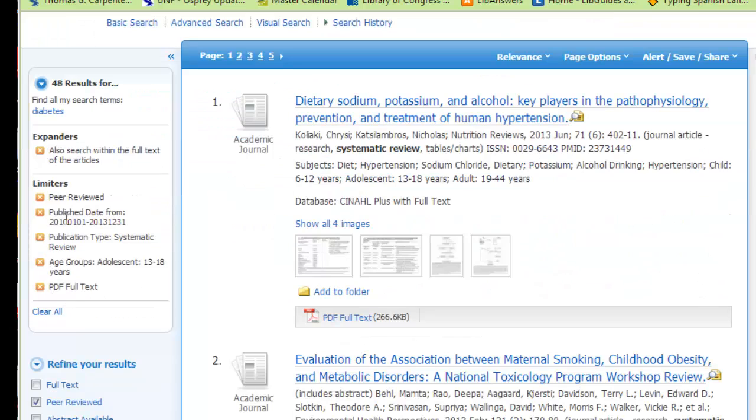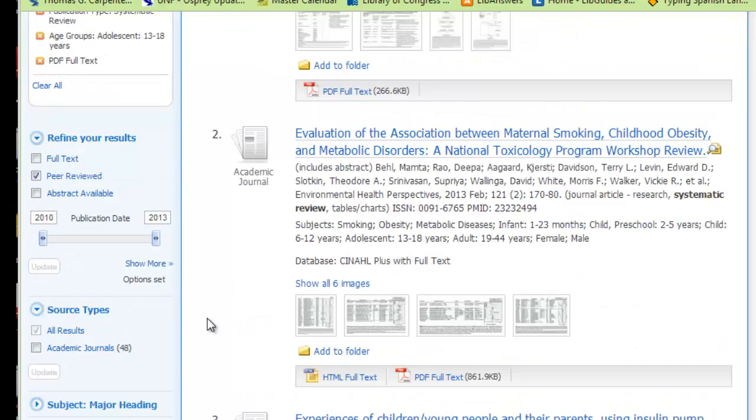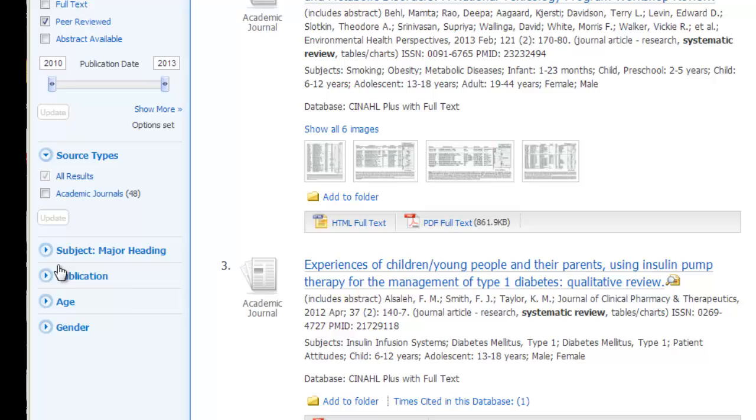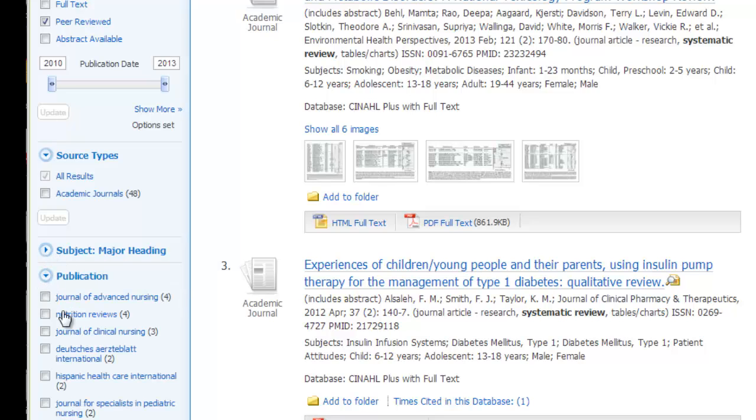You can see here are limiters that we chose. If you decide that you don't want one of these, you can clear them individually, or all of them, of course, if you want to just start over. And you can make adjustments to some of the limiters that we saw from the first page. You can open them up and